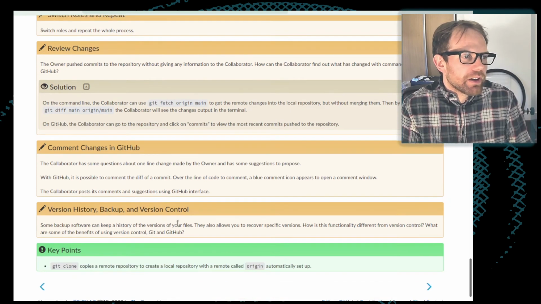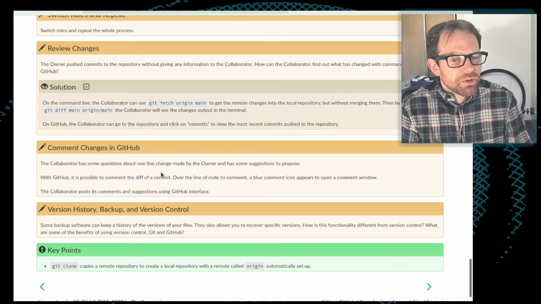A useful, nice thing which GitHub has, but which doesn't work with the command line, so which you therefore need everybody to have a GitHub account and all to be using GitHub for, is that you can make line-by-line comments on changes on GitHub.